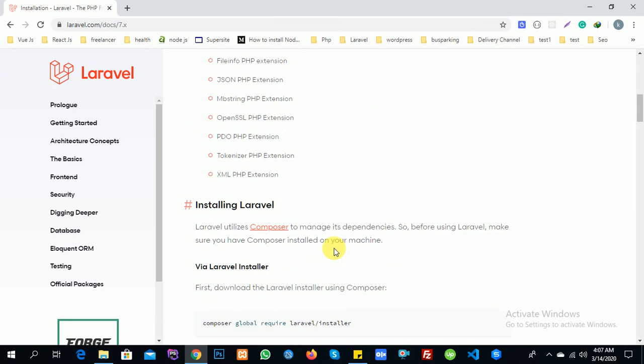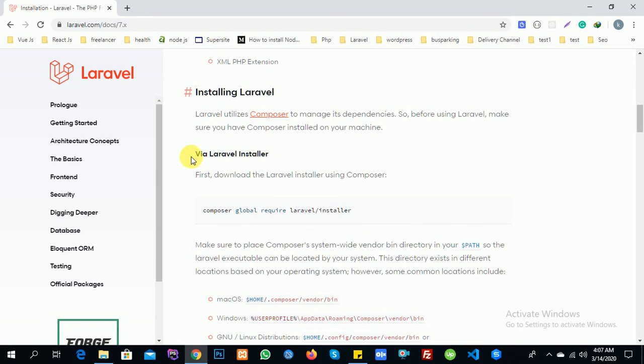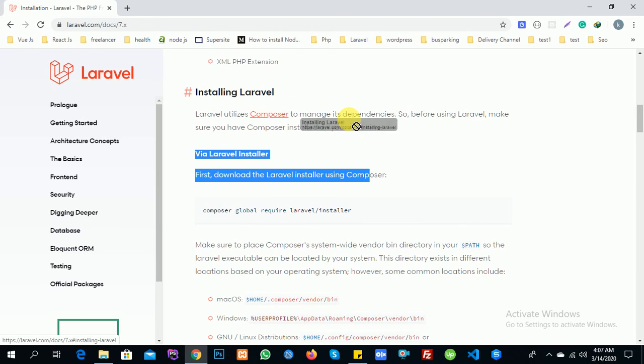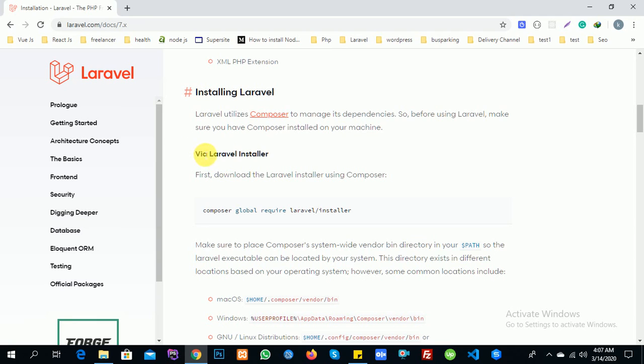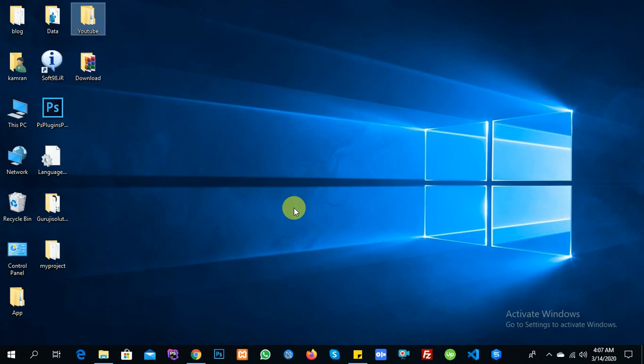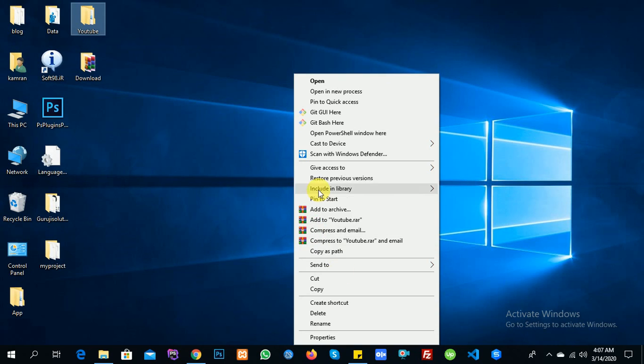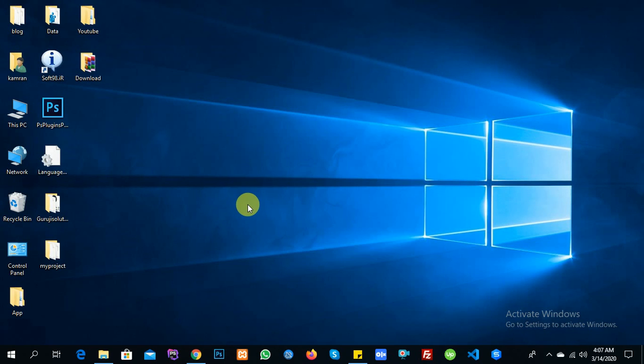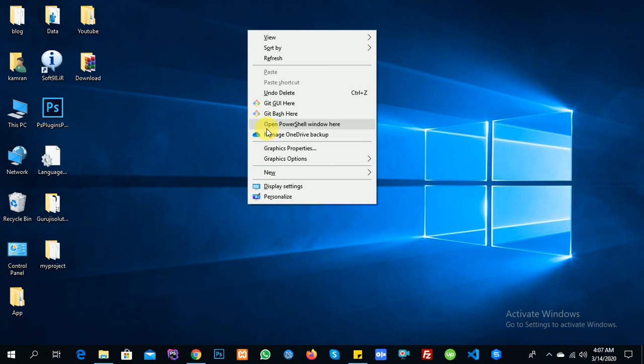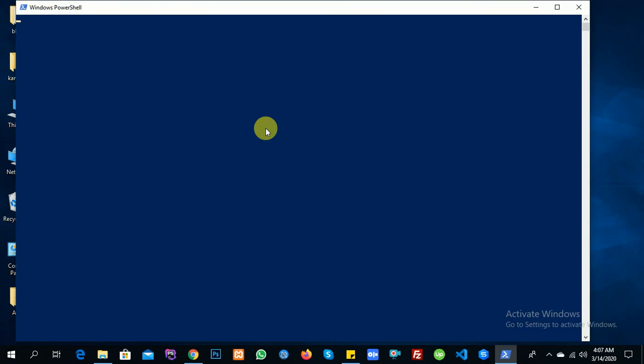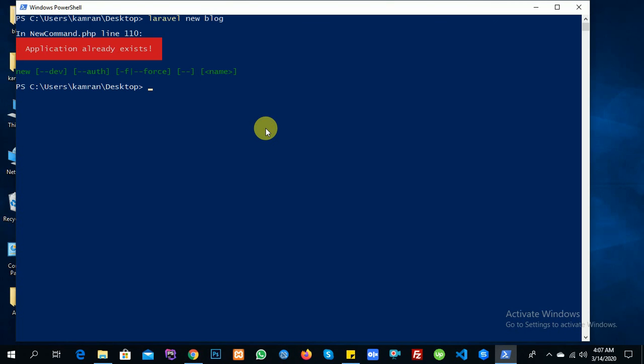Here, installing Laravel via Laravel installer. First, download the Laravel installer using Composer. Just copy the command on the desktop and open the terminal by Control Shift and right click. Open PowerShell here and just copy and paste the command